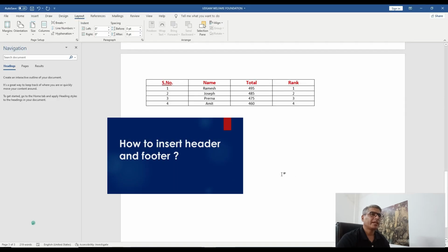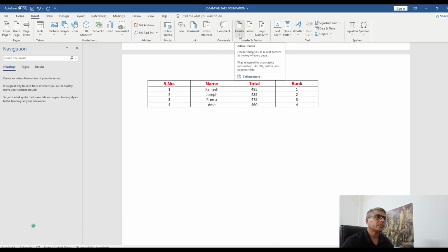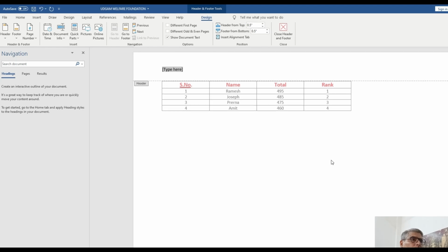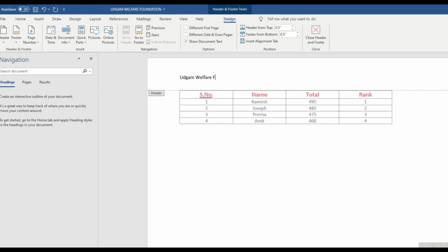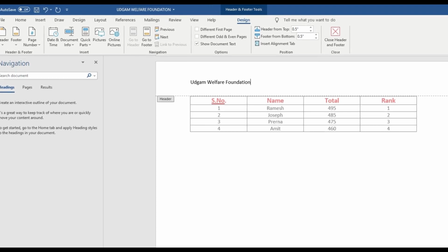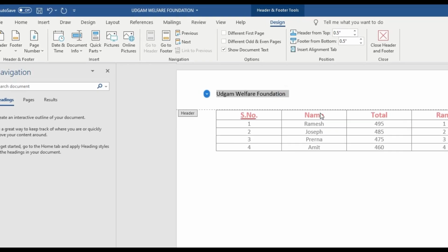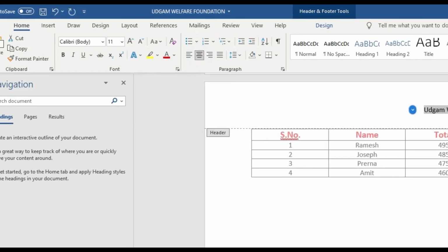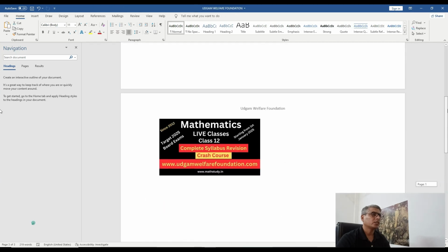Now let's understand how we can insert the header and footer in this file. Let's go to the insert tab and click on header. Let's say we have to write Udgam Welfare Foundation in the header. Now you can see here we can write Udgam Welfare Foundation in the header. Currently it is showing the left aligned, but we have to make it centrally aligned. So go to the home tab, again click on the centrally aligned. Now we can see that on every page it is going to show us Udgam Welfare Foundation in the header